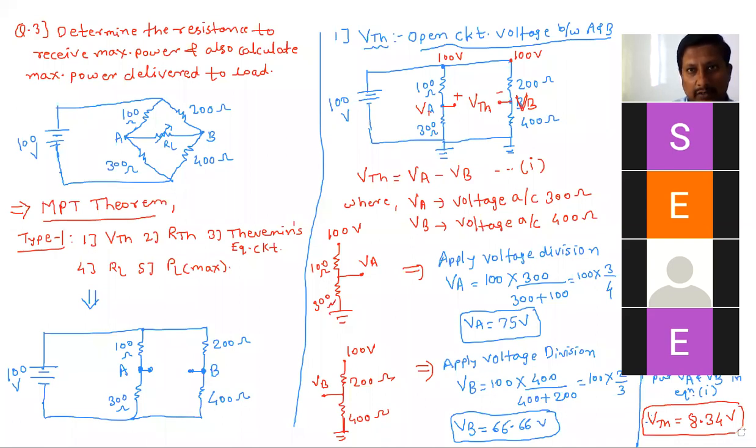So once again, cross check everyone and read everyone how we got VTH. This is very important. Such an example is asked a number of times. Such a network they can give for Thevenin's as well as for maximum power transfer and for Norton's also. So I will give you 10-15 seconds. You can read it carefully. If any questions or doubts are there, you can ask.